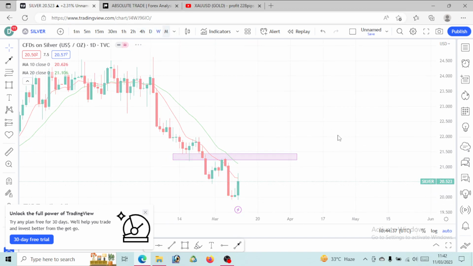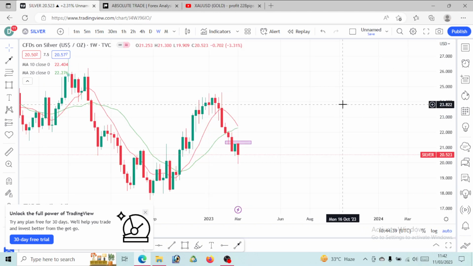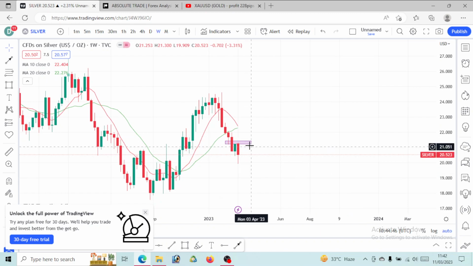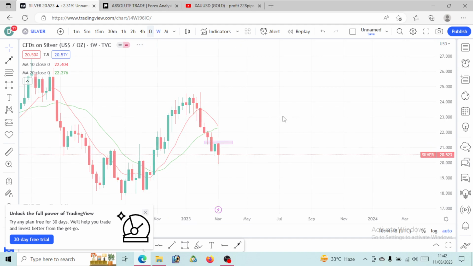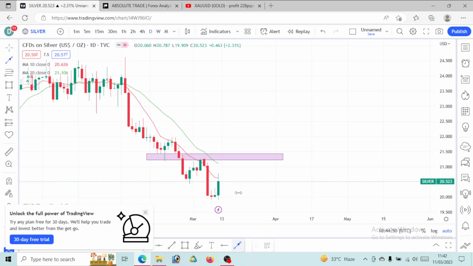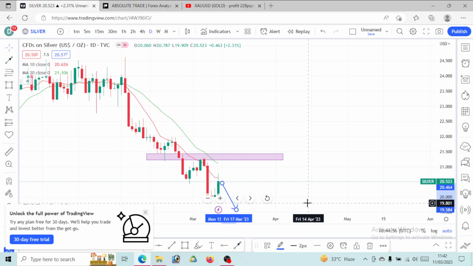So above all, this week we'll be expecting a bearish move on silver, but first we need to see kind of like a little bit of a bullish move. This bullish move, by the way, could be a big one or it could be a small one. We can see it come to this level. It can even go ahead to come to this high, or we might see market start dropping. It just depends on how everything plays out.